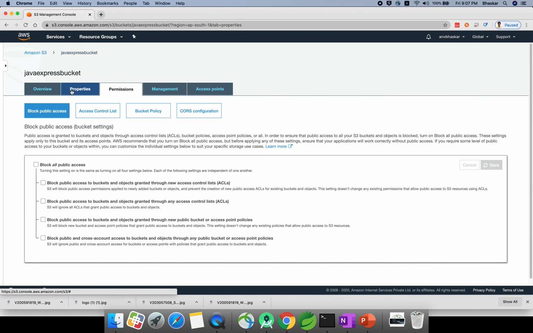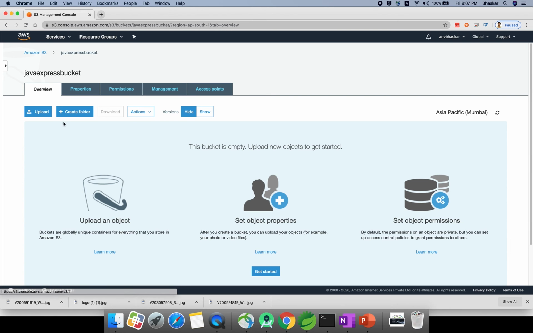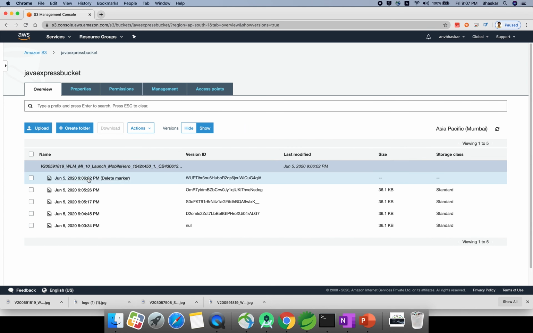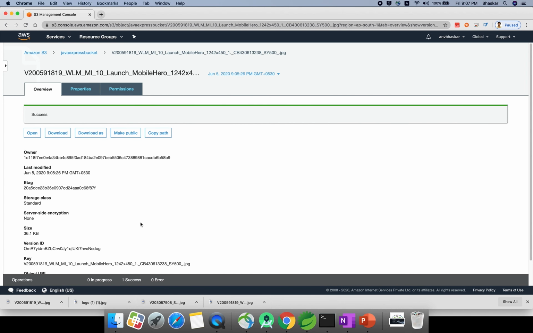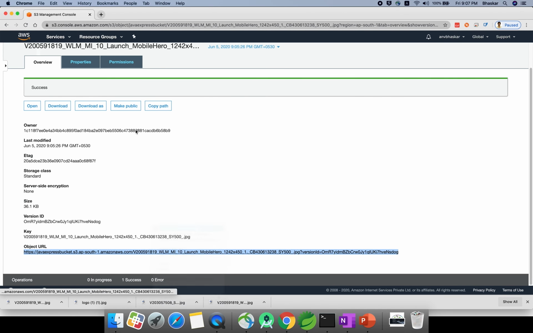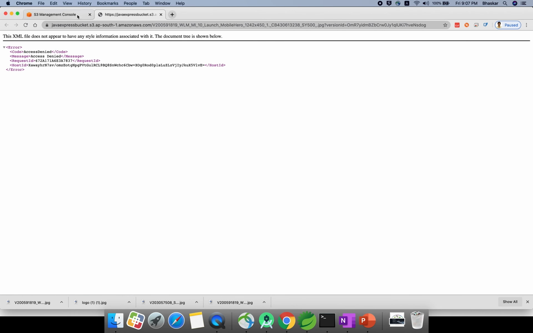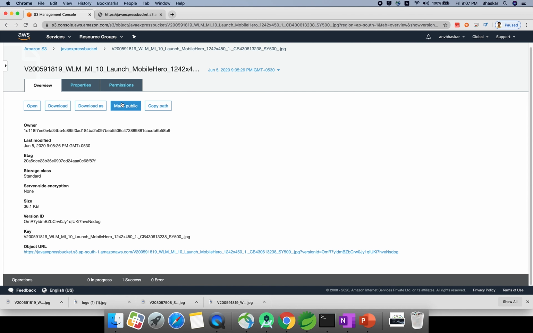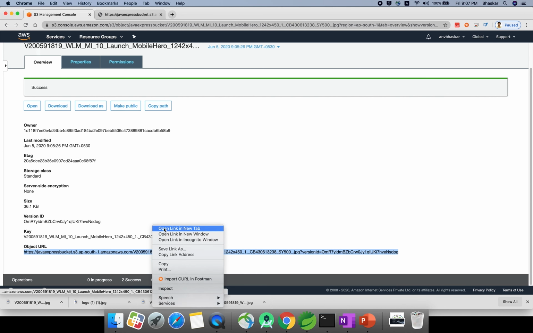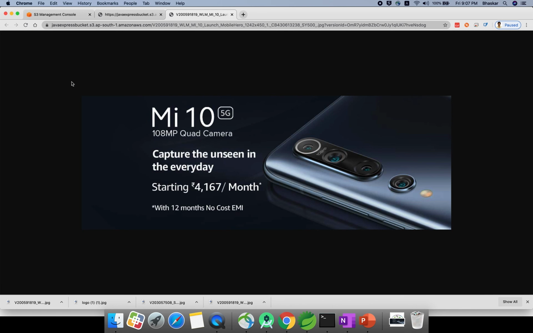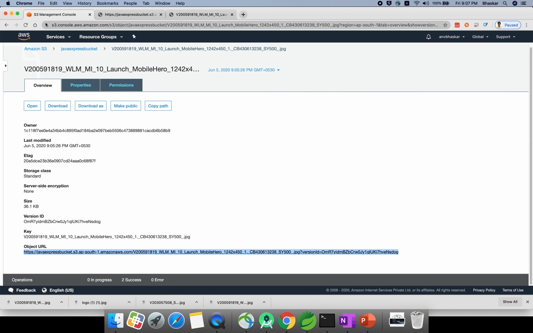Now you can make your image show. Click on any version here, make public. Now you can easily access the URL. Still no, make public. Why? Because you restored it, right? So that's why. See, now the image is displaying. Now you make it bucket level public and image level public, then it will show the image too. You can restore in this way.